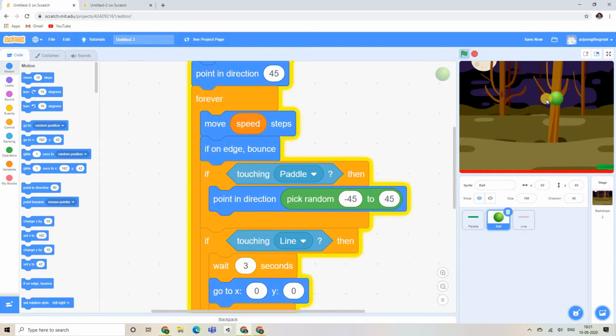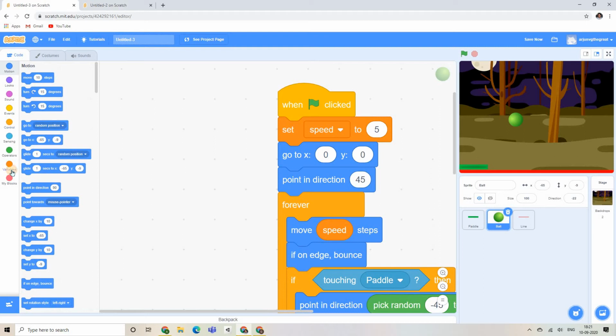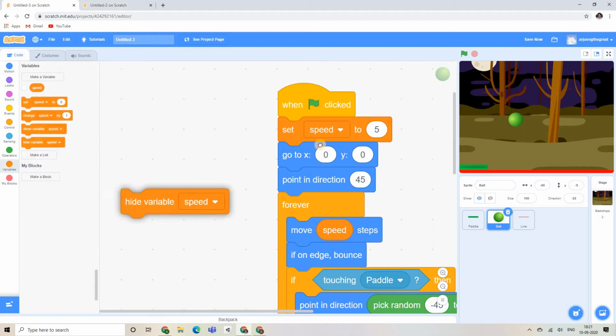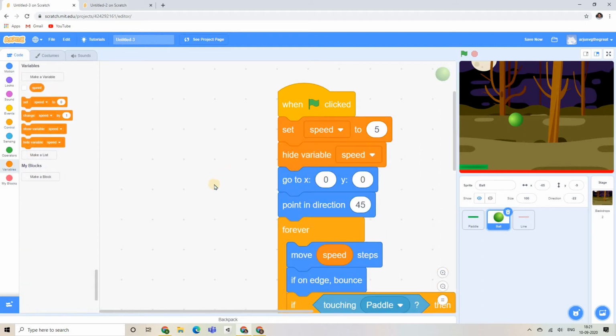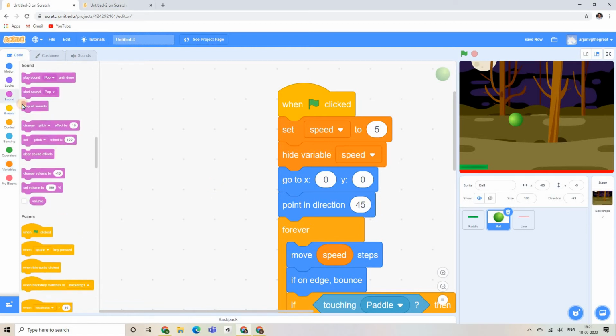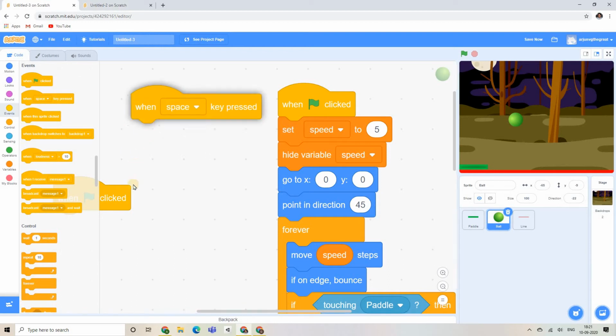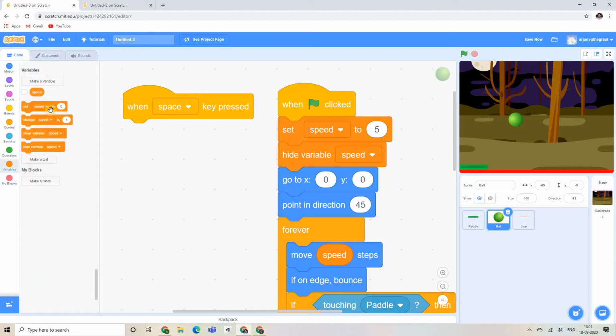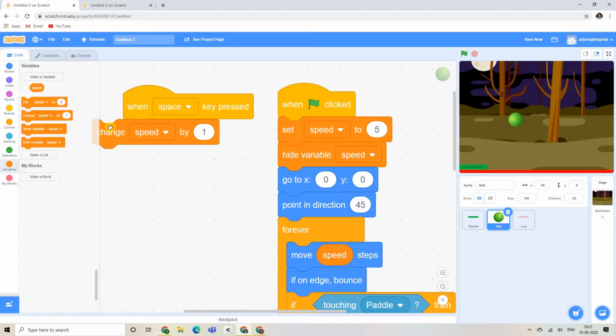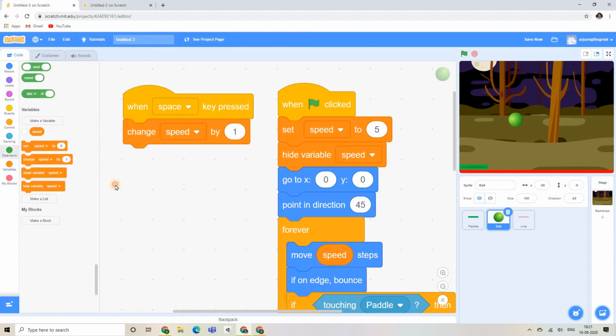But we actually wanted to control the ball. So what we do for that is go to variables. We're gonna hide the speed variable. And now we're gonna add another when space key pressed. It's in the events only. And now we are going to do change speed by 1. Show variable